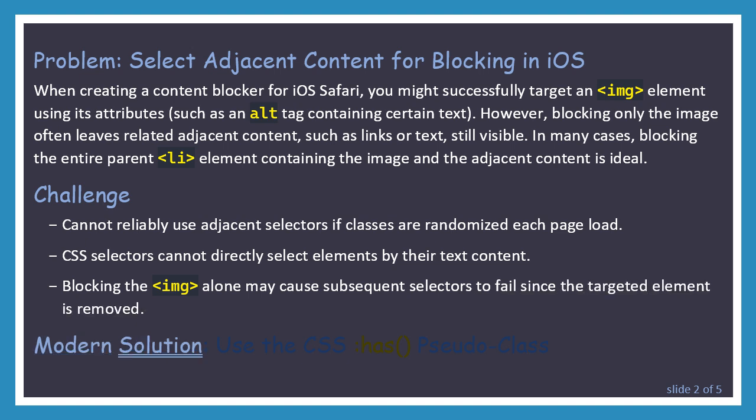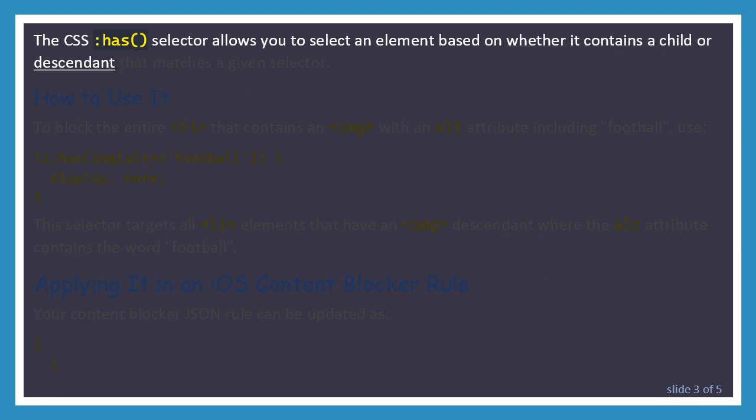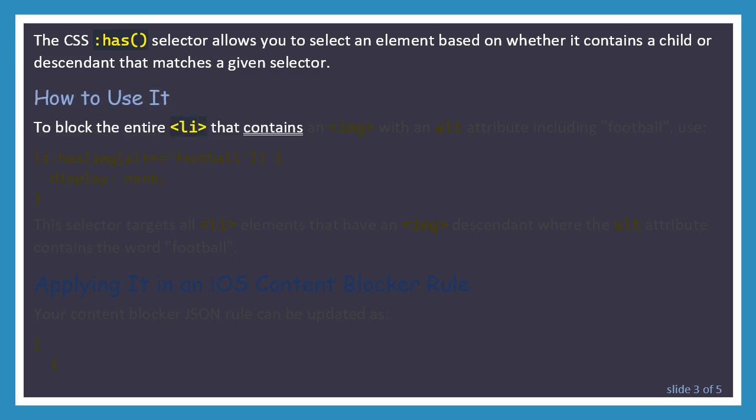Modern solution: use the CSS :has pseudo-class. The :has selector allows you to select an element based on whether it contains a child or descendant that matches a given selector. How to use it? To block the entire li that contains an img with an alt attribute including football, use: